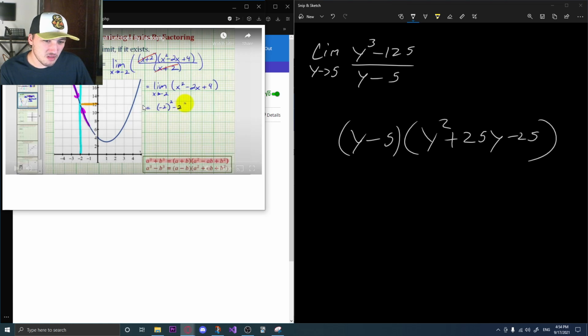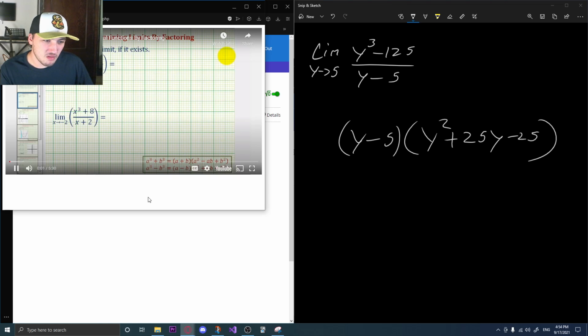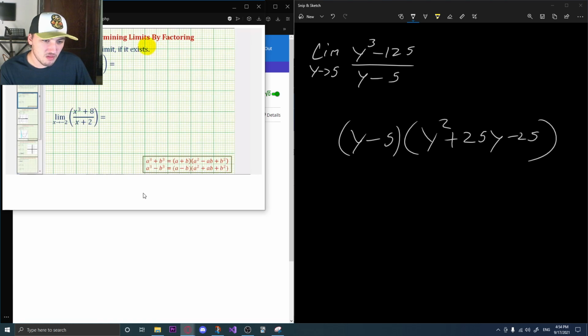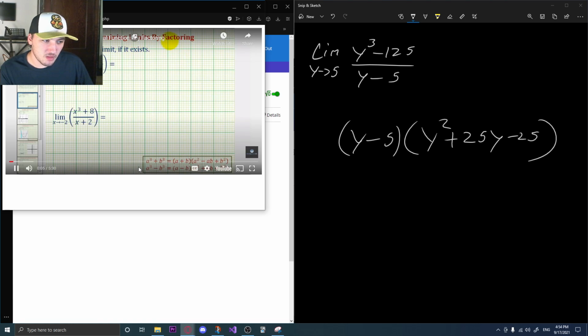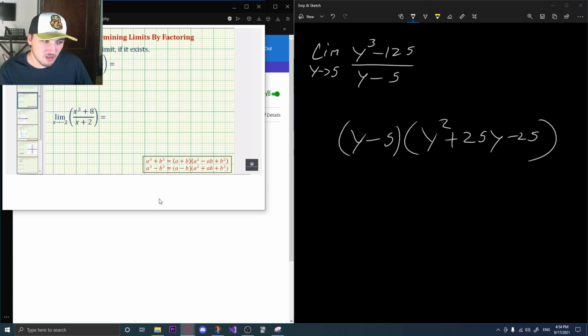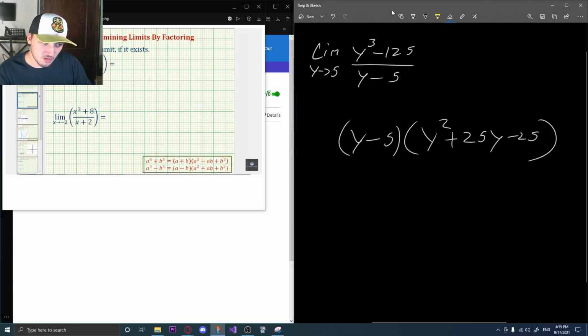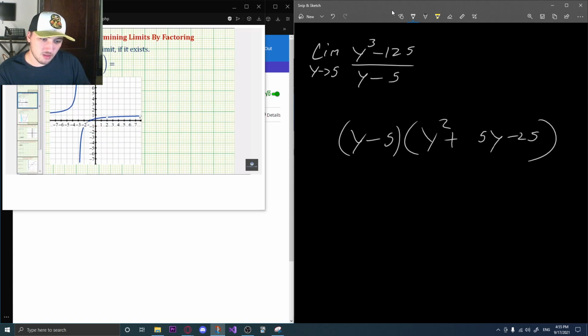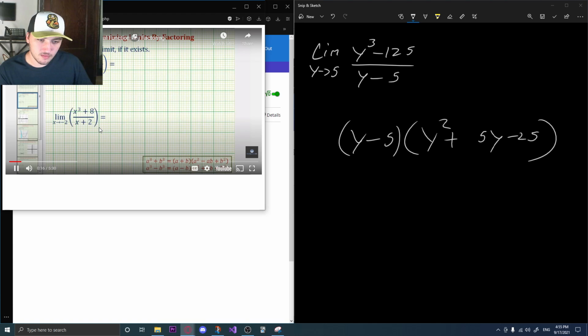Now we'll look at 2 examples to show how factoring can be helpful. In both cases, we have the limits of rational functions. First, we have the limit as x approaches 2 of the quantity x squared minus x minus 2 divided by the quantity x squared plus x minus 6. Before we factor this, though, let's look at the graph of this function. Notice how the graph of the function has